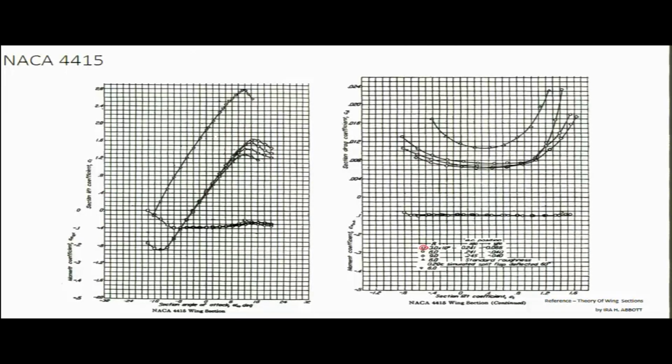So this 3 million corresponds to this data that is plotted with the circular marker. So this corresponding Cl naught is 0.4. In our previous example, what is alpha at which Cl is equal to 0 for this aerofoil? So this is approximately minus 4 degrees. This is the point at which this curve touches the x axis, which is Cl equal to 0, and the corresponding angle is minus 4 degrees.